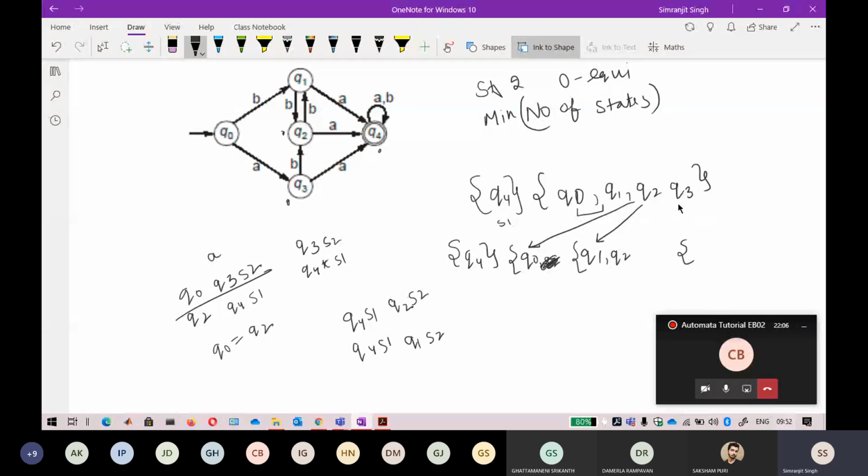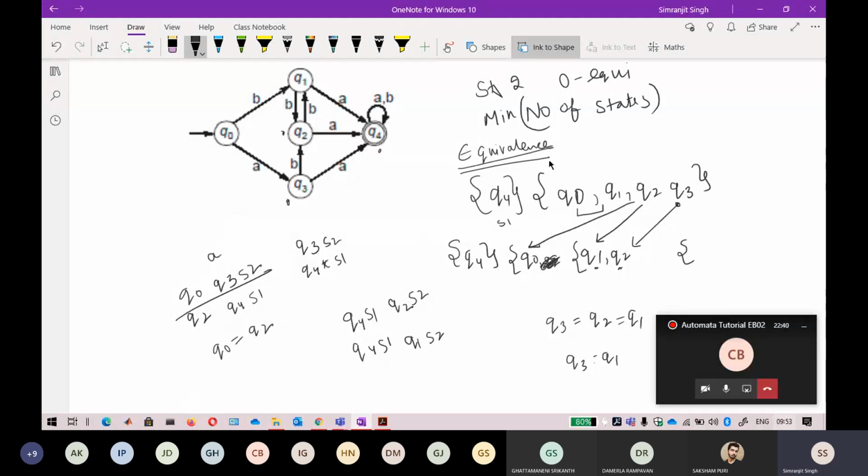If you are placing Q3 now, you only have to check with either Q2 or Q1, not both. If Q3 is equivalent to Q2, and Q2 is equivalent to Q1, then Q3 will automatically be equivalent to Q1. You do not need to check that. That will happen automatically. That is the advantage of this equivalence method: it employs many mathematical properties of equivalence. That is why it is very easy to build a set here.